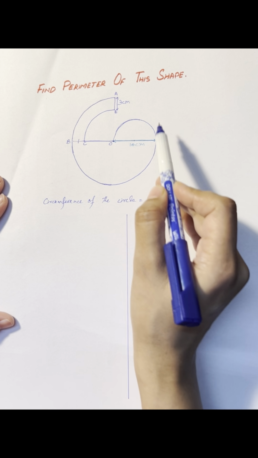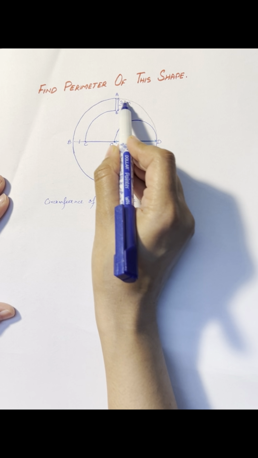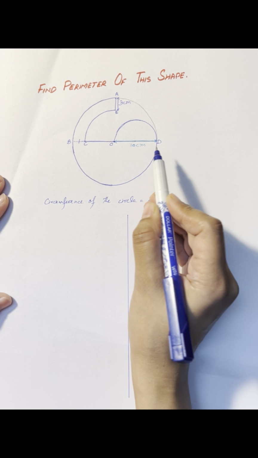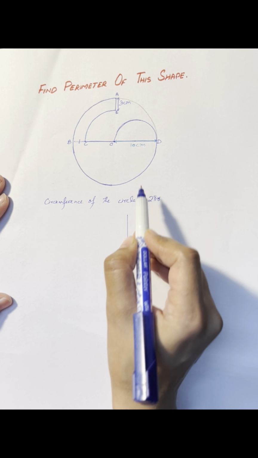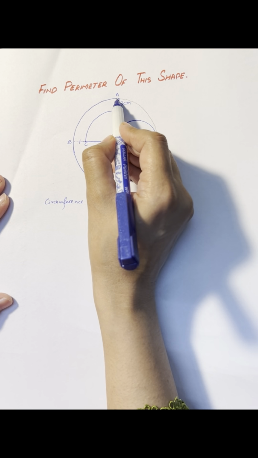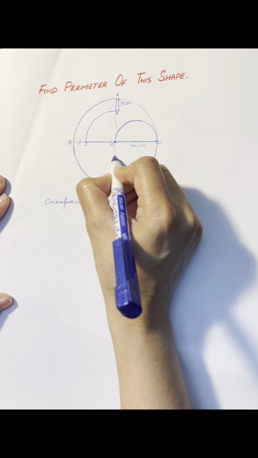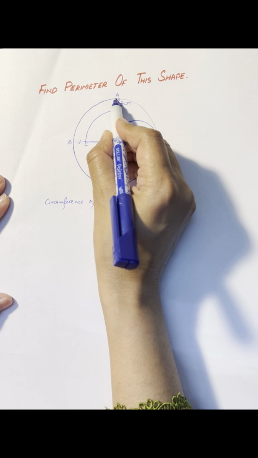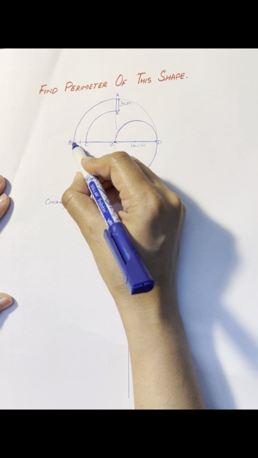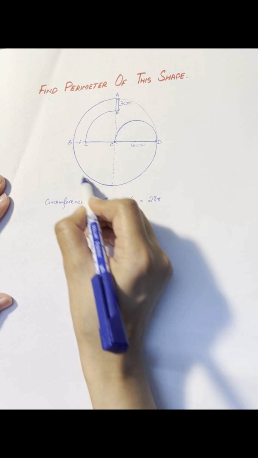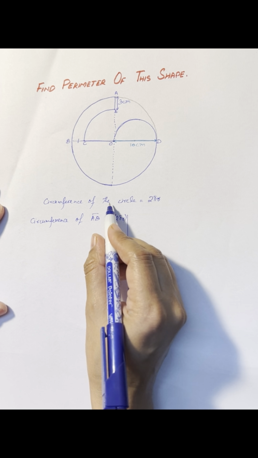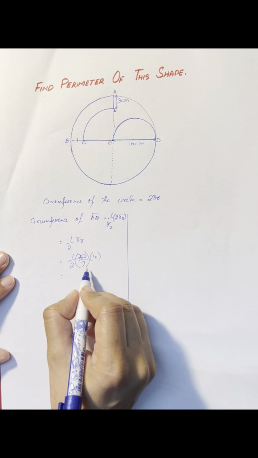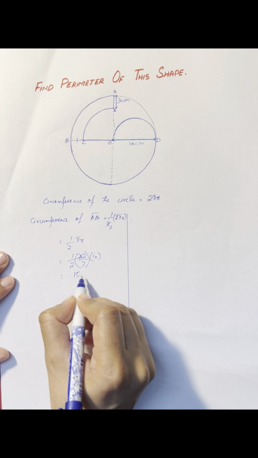If we join A to D like this, now what is this? This is a circle, and we know that the circumference of the circle, meaning the boundary of this whole circle, has the formula 2 pi r. Now if we divide this big circle into 4 equal parts, this and this, what is this length? It's basically 1/4 of this whole circle. This means 1/4 of the circumference of the circle. And what is the radius in this case? It's 10. So calculating this, we will get 15.71.